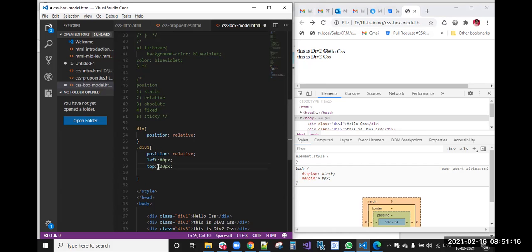We can make it top 120 pixels also, and that element will move further down.